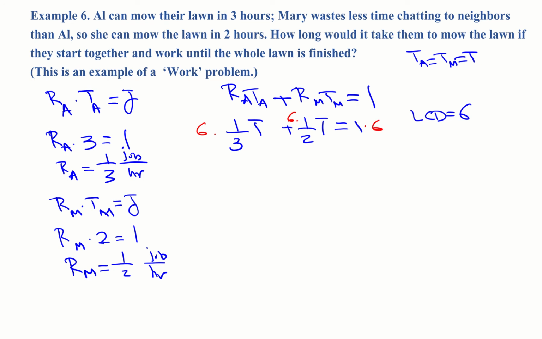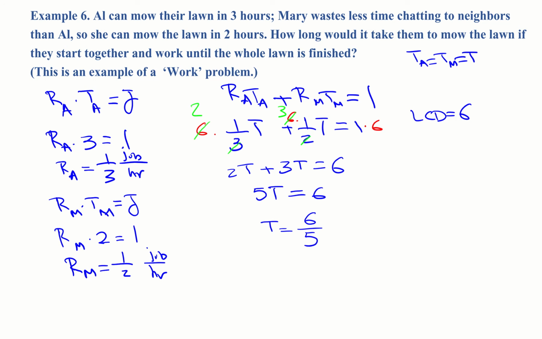So now we simplify. 3 goes into 6 twice, 2 goes into 6 3 times. So now we have 2t plus 3t equals 6. So we get 5t equals 6. So t equals